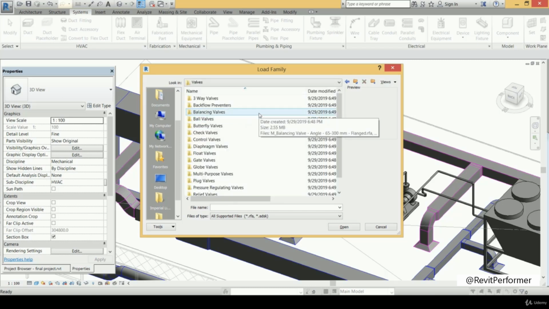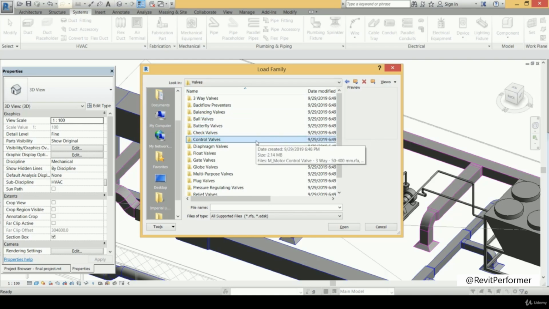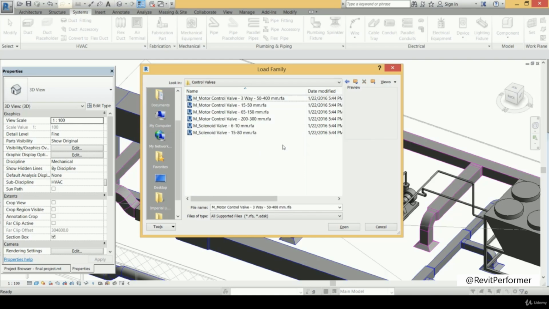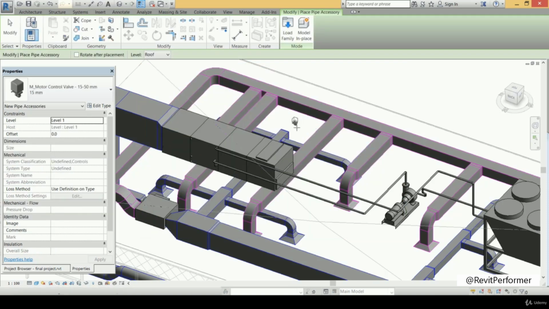Now we need a controlling valve. As we said, we need an off or on controlling valve. So we search for the controlling valves. That's it. This is the control valves. We access that folder, and here you can see we have some other types of the controlling valves. So this is the three-way valve that we have talked about in part 1 of our course. We have a motor control valve and another one with some other dimensions and so on. But for us now, we will select that motor control valve and we press on open,